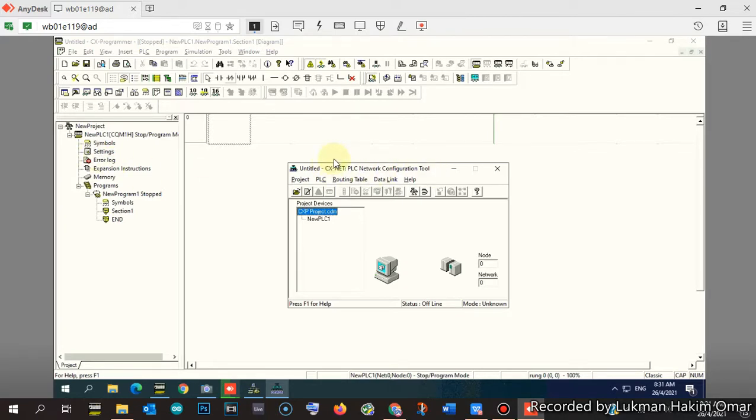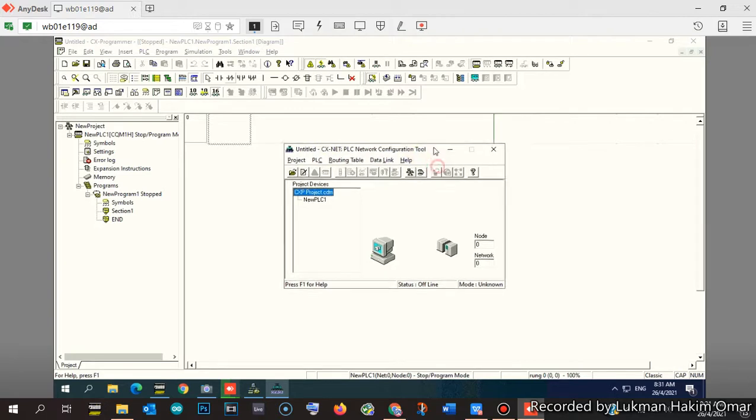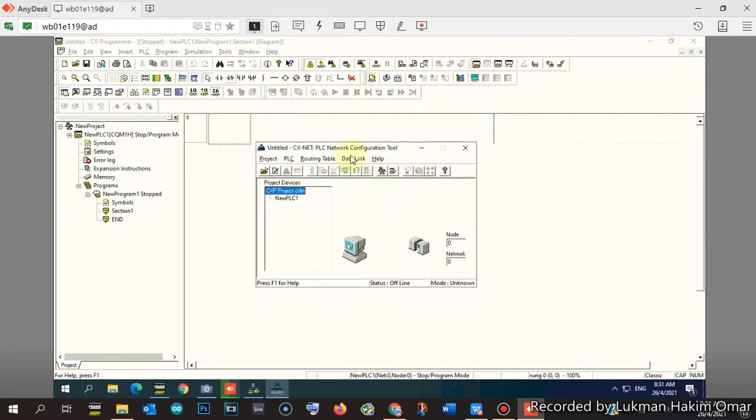CX-Net is another tool, I think similar to CX-Integrator, but this configuration tool is for the old PLC. In this CX-Net, as you can see, we have our slave PLC. The PC shows the connection from the PC to the PLC. So you put the PLC online.